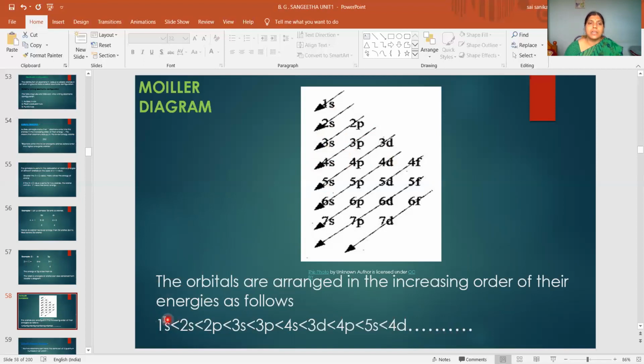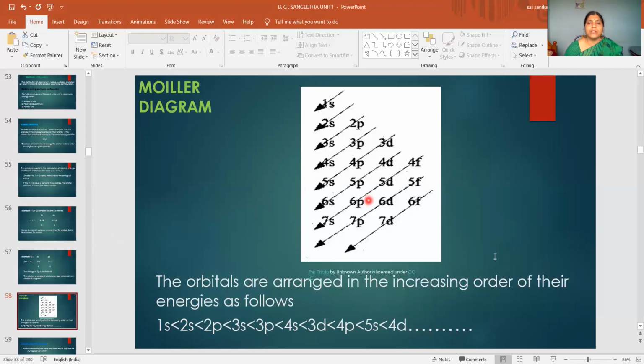So that's why the first electron will enter the 1s orbital. Then it will go to 2s, then 2p, then 3s, then 3p, then 4s, like that. Then 3d. Up to 3d you have to memorize this order, because in our syllabus it is the first 30 elements of the periodic table. If you forget this order, you can draw this diagram and you will get the order. So this is about Aufbau's rule.